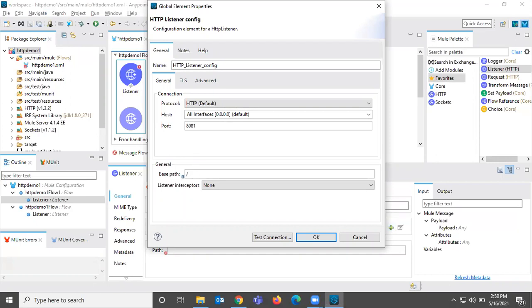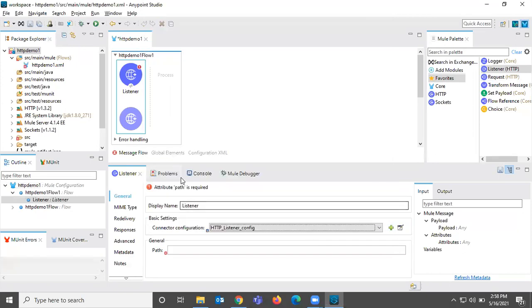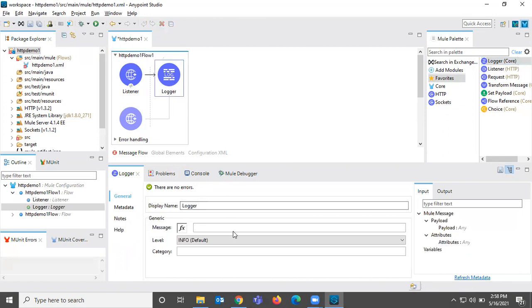Let us try /API /. First one is invoice. Let me drag a logger here: inside invoice flow.